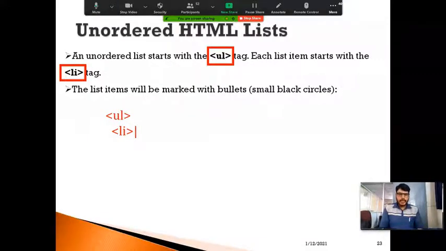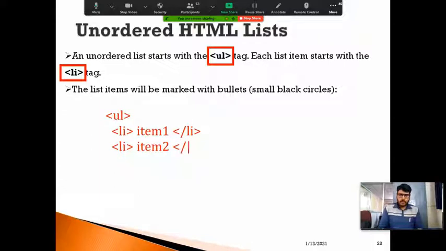By using Li, we can generate items here. So this is item number 1, and this is the closing tag of Li. Similarly, we can use n number of list items like this. And at last, I need to close the UL tag like this. So this is how we are going to include an unordered list.